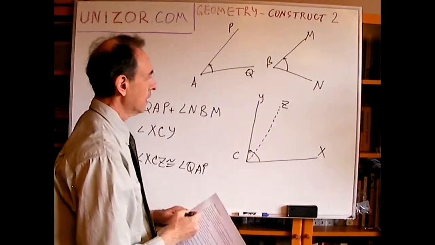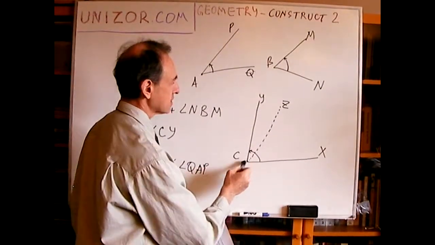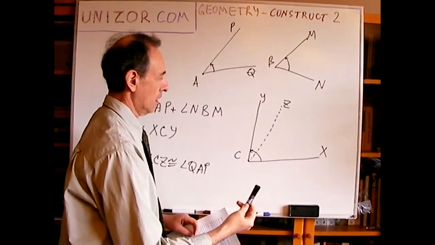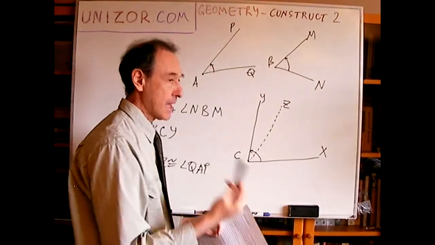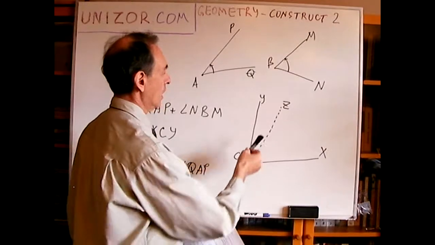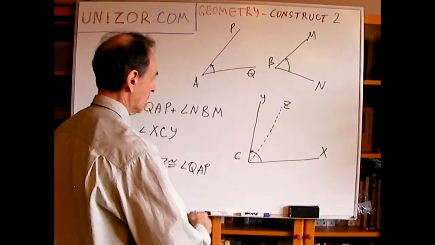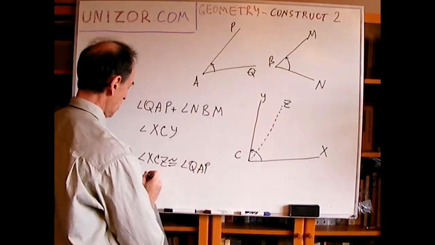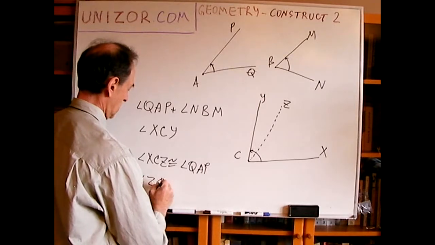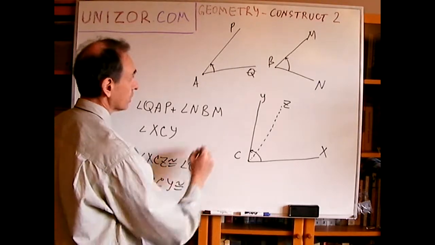That's number one. Number two, using CZ as the new base ray, if you wish, construct an angle ZCY, which is congruent to the second one,